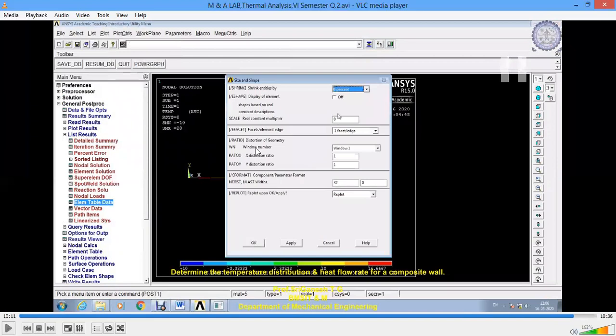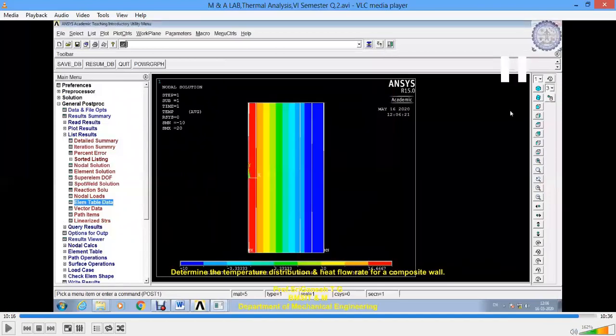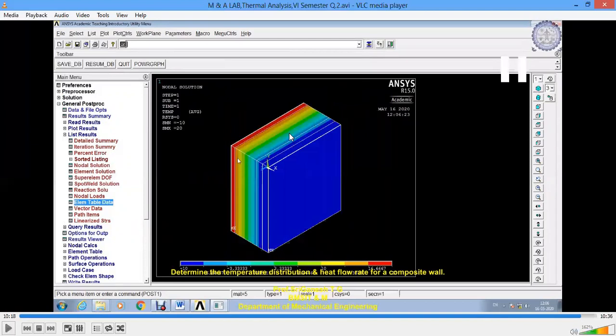Over here we have to enable the display of elements. Click on that, and we can give a scaling factor of 0.25. Click on OK over here. So now you can see one side of the composite wall that has been created. We'll see it in isometric view. So we'll click here. Now we can see the three-dimensional view of the composite wall and the temperature distribution across it.